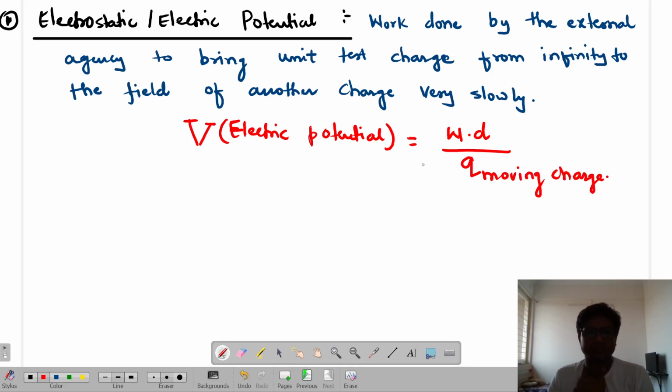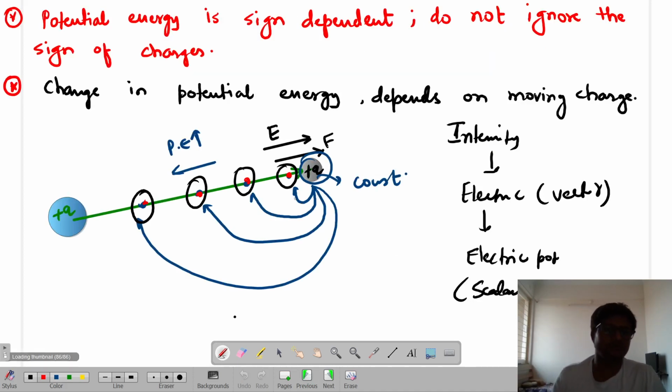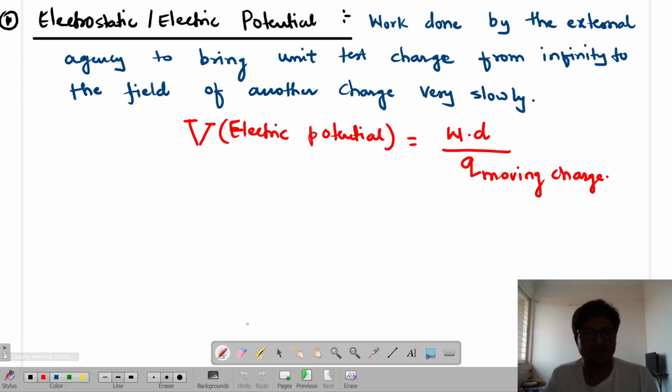It means the work done to move a charge should be related to the charge. There was no quantity relating this, for example if the charge becomes bigger, how much extra work I will do. That was denoted by our electrostatic potential. Yes, it is the net work done. Is that clear?